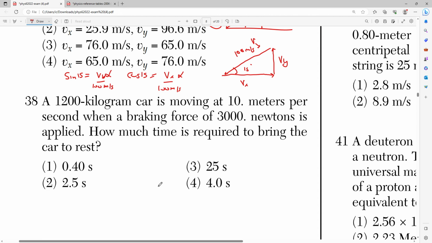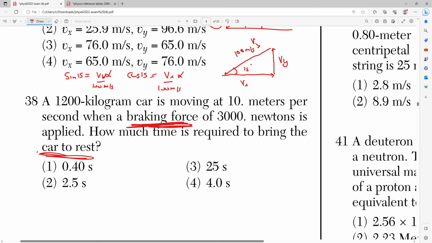Moving on to number 2, it says a 1,200 kilogram car is moving at 10 meters per second when a braking force of 3,000 newtons is applied. How much time is required to bring the car to rest? So really what I'm dealing with here is braking force, force applied over time, and I'm trying to bring it to rest. And whenever you're trying to bring something to rest,